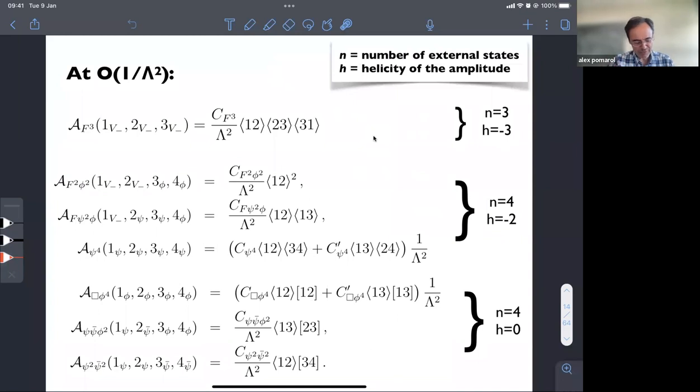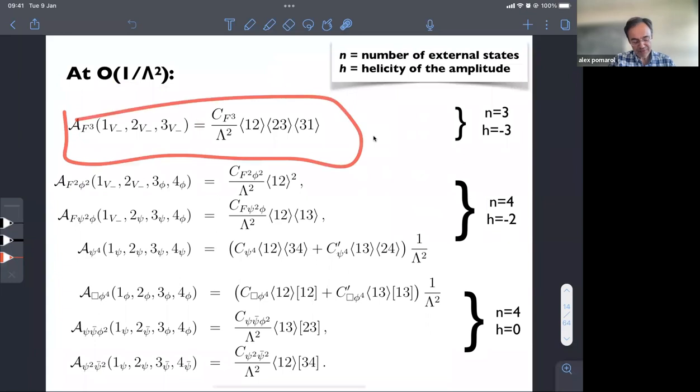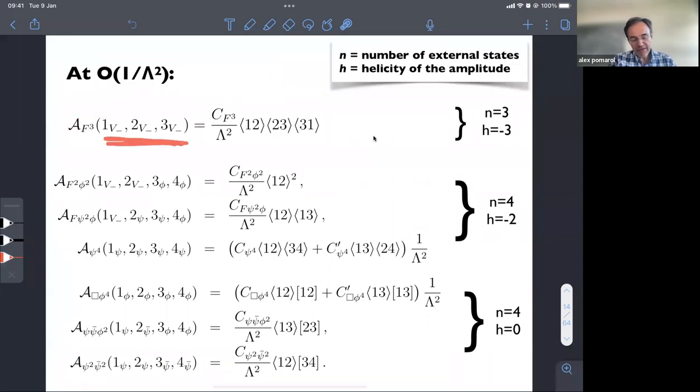You have to look, for example, you start with 1 over lambda squared: how many 3PTs can I write? Remember the 3PTs. Let me go slowly in this case. How many 3PTs? You can see that the only one you can write is this. So it's 1 over lambda squared, and I have to put three